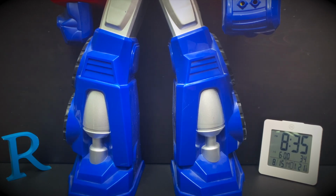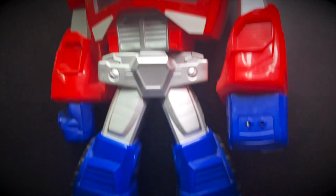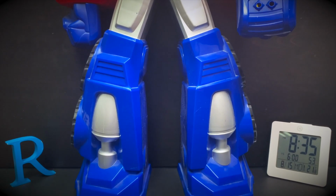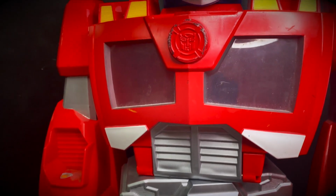First and foremost, you can see we got this very tall dude. He's super tall. We're already super zoomed out. I don't have my tape measure, so I can't measure how tall he is, but by my estimation, he's probably about 18 inches tall. It's Transformers Robots in Disguise, Optimus Prime, obviously, and you can put some stuff inside his chest,